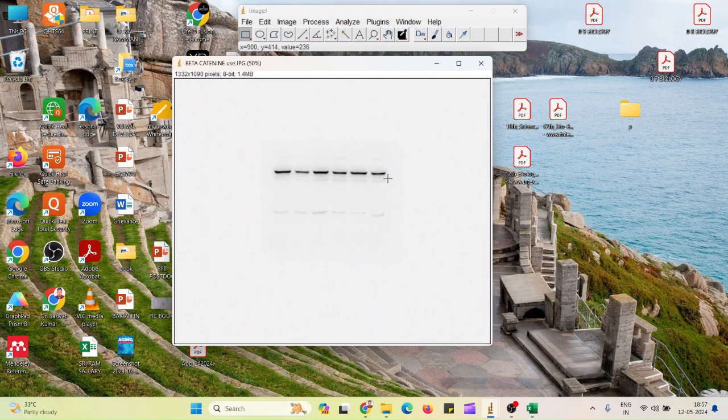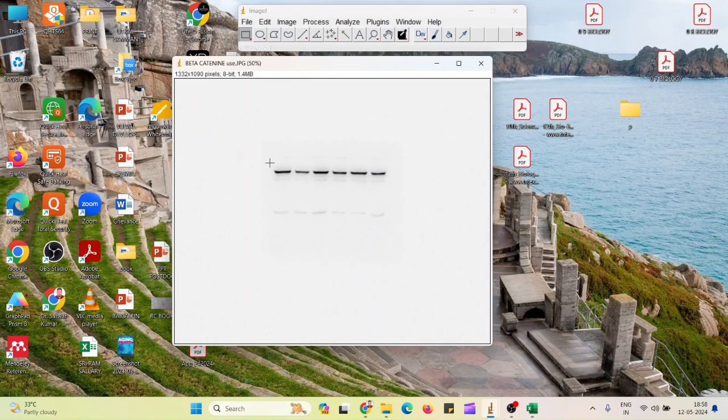To find the relative expression, we have to use a loading control. A loading control can be GAPDH, or beta actin, or also a loading control can be your Coomassie image. Through the TPN method, the total protein normalization method, you can use a Coomassie image having a color marker. Here I use the traditional method, where I use GAPDH as the loading control.